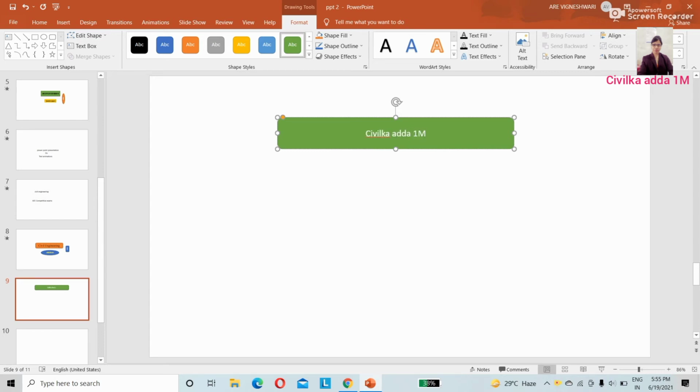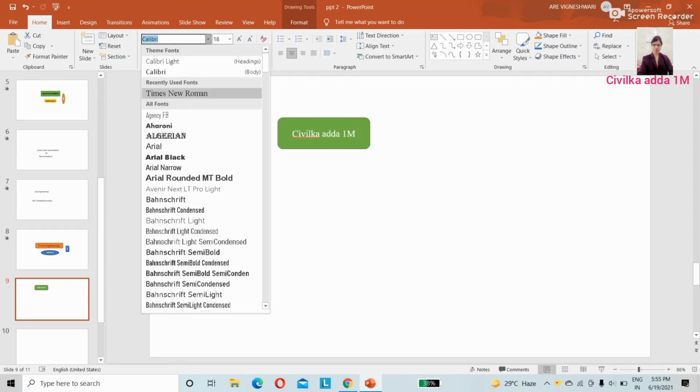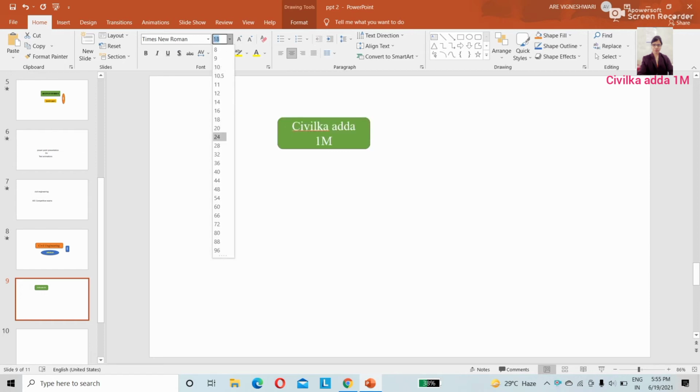If you want to reduce this, you can reduce, and if you want to increase the font size, go to home, Times New Roman, I want 28, so I can increase this size now. If you want to change this text style also, you can change.